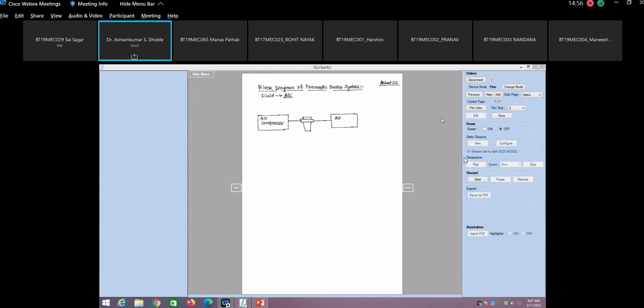So this is the pressure gauge attached here. If you can name it, nothing like it. So this is the pressure gauge. After that, there is a connection given to one component. Let us see if we are able to